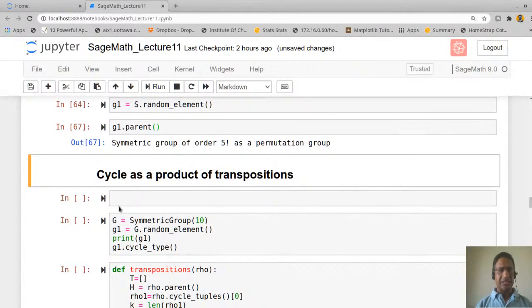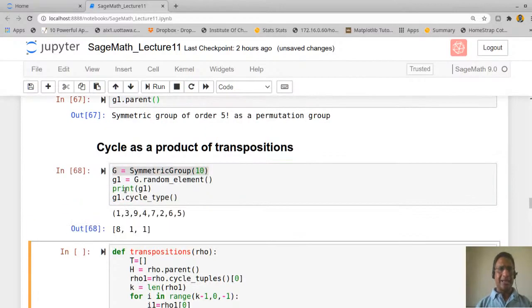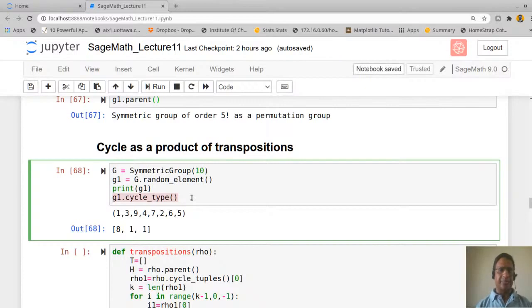Before this, let us define the symmetric group on 10 symbols. So G is equal to symmetric group 10, and take a random element. Let us say the random element in this case is 1, 3, 9, 4, 7, 2, and 6. Now there is an inbuilt function to find what is called the cycle type of any permutation.